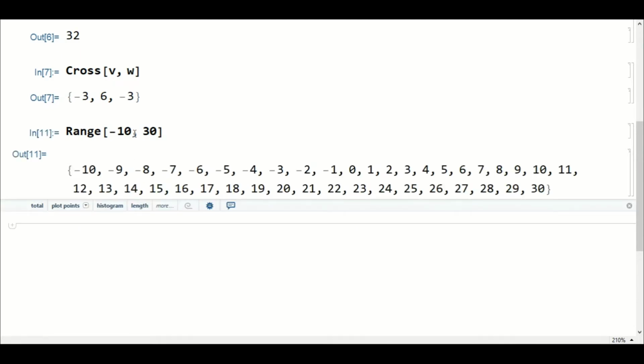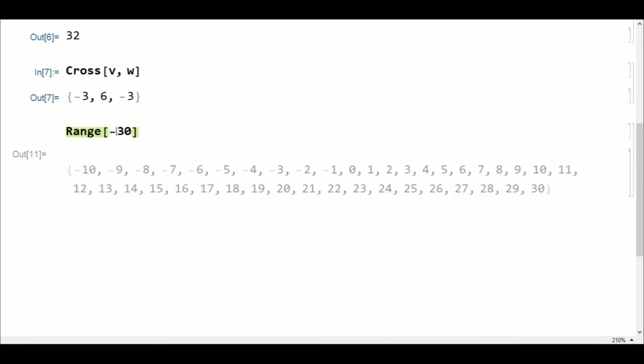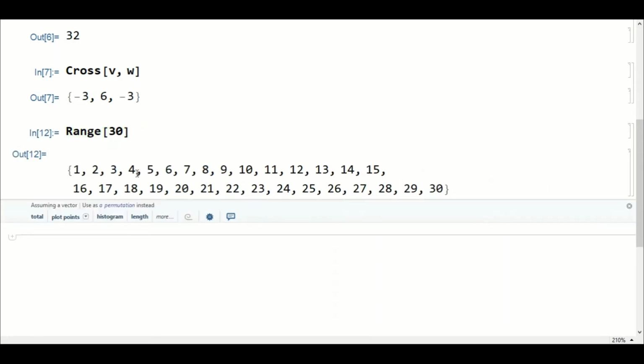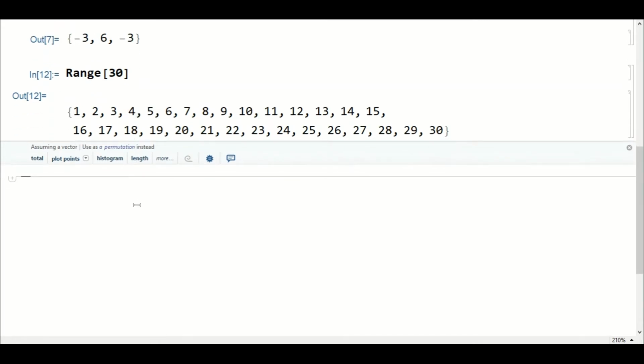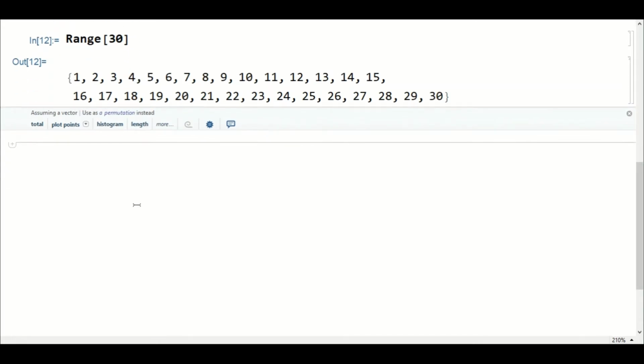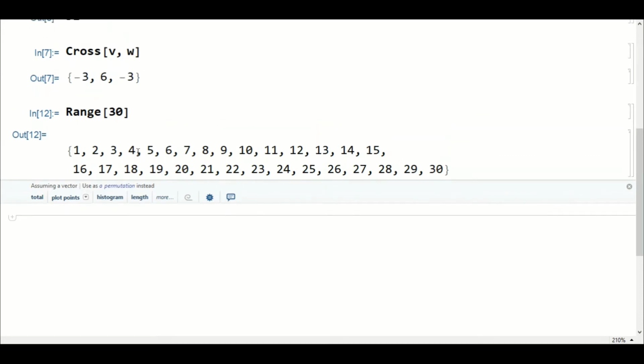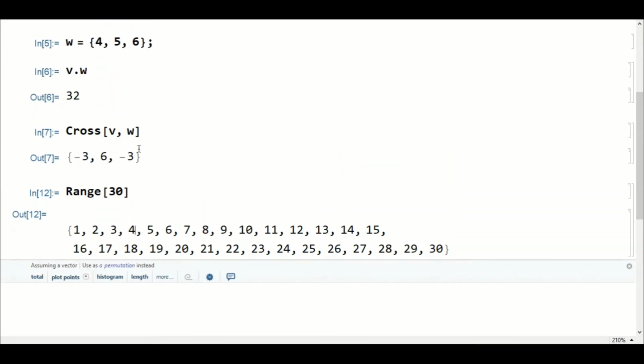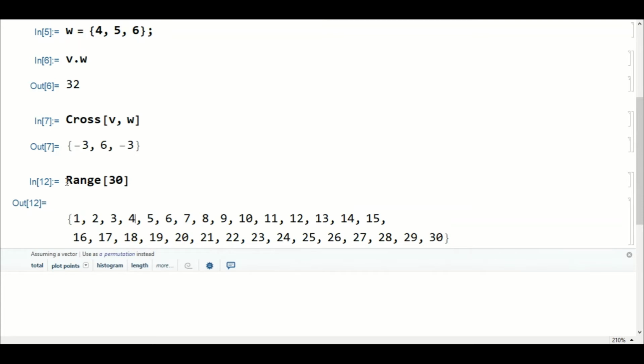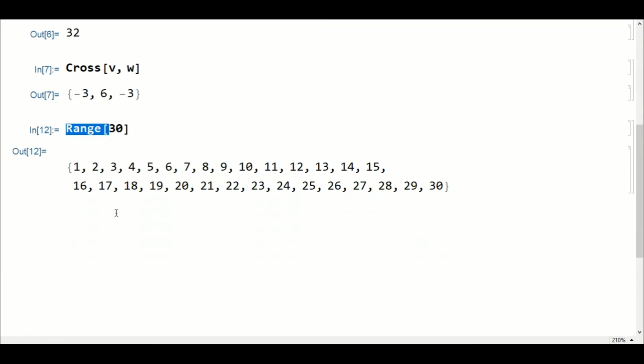But if you are not defining anything, then it will automatically be taken as 1. So this is a thing to remember. But remember that this Range function will always create only an ordered list of numbers.